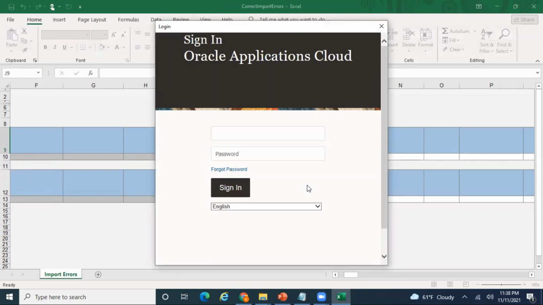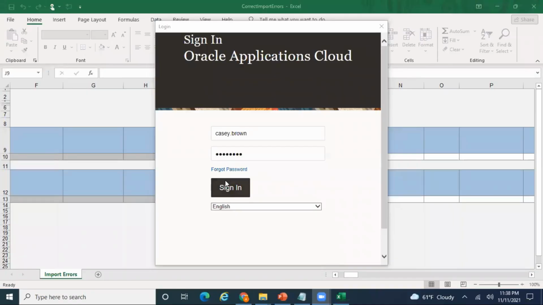Let me stop sharing and enter my login credentials. So let me start sharing again.